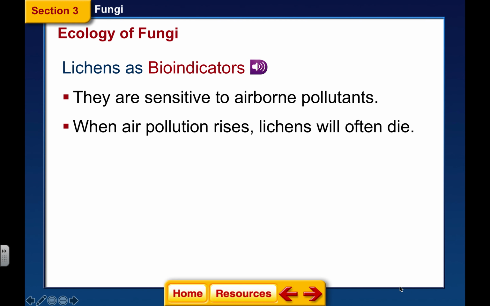So they'll go out there and they start looking at the lichens because lichens are pioneers, which means they've been around forever. They're going to be the first ones that are populating an environment. And when pollution gets really high, the lichens start to die. They're very, very sensitive to pollutants in the atmosphere, too much carbon dioxide, those kind of things. They tend to absorb them. And when that happens, then they're going to die off. And that's the way ecologists can tell if we've got way too much pollution in our atmosphere,